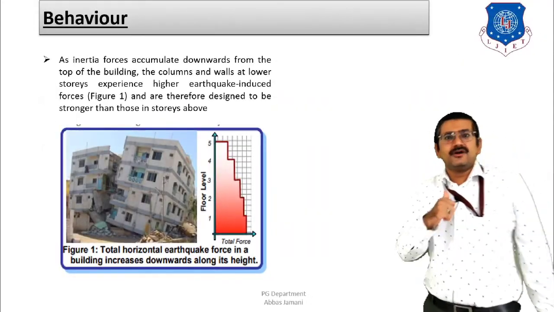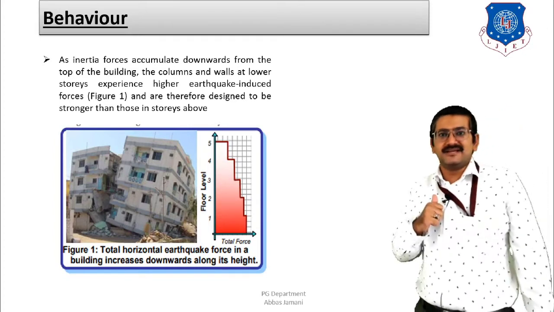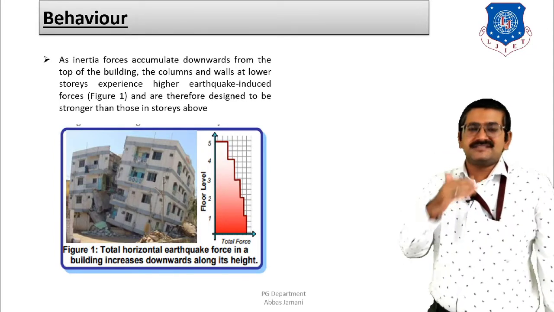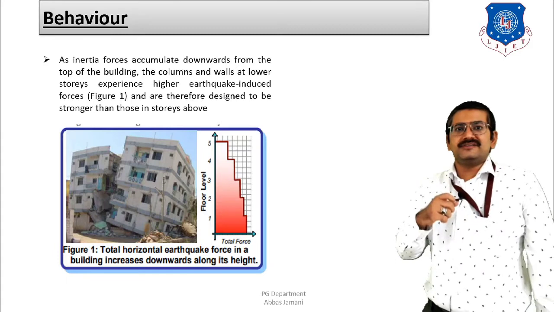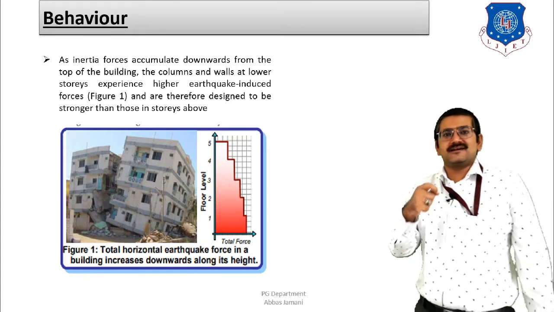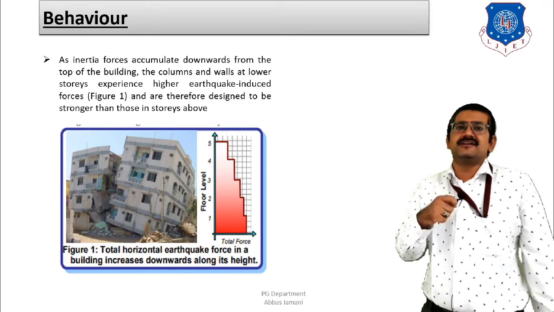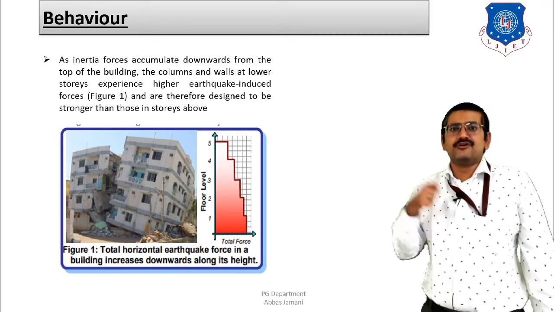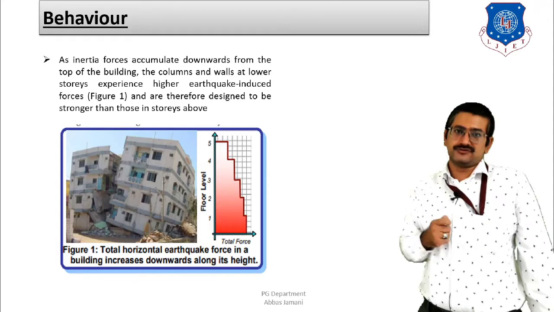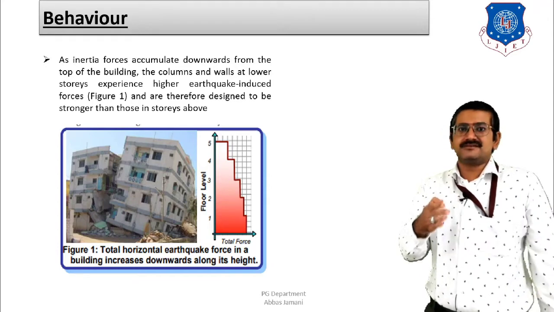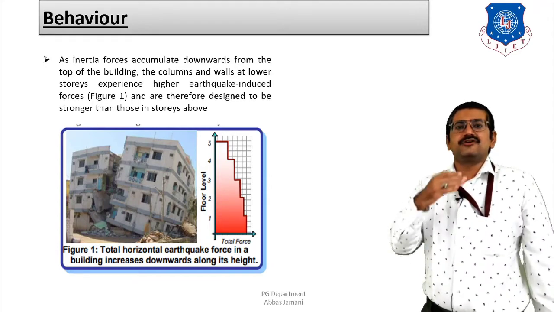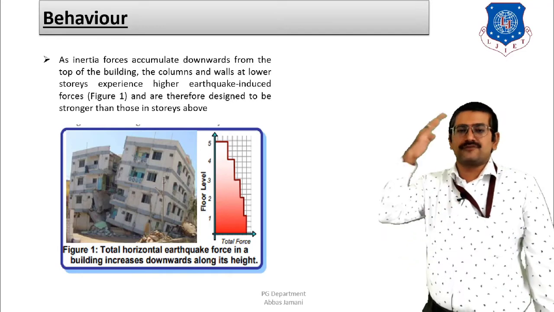Right. So now what is going to happen in case of RCC buildings, that once the inertia forces are generated, we know that the inertia forces are a component of mass, and as we know, the more the mass in the building or the more the dead load in the building, the more is going to be the mass, and the more the mass, as a result of that, the more earthquake force is going to be there. And as we have discussed the sequence, the load transfer mechanism is going to be from top to bottom.